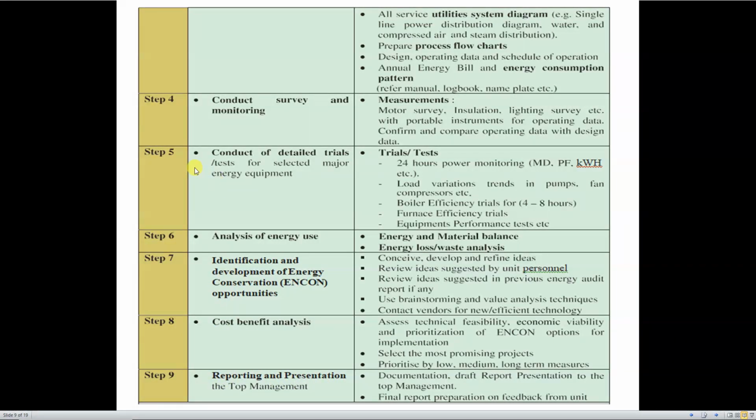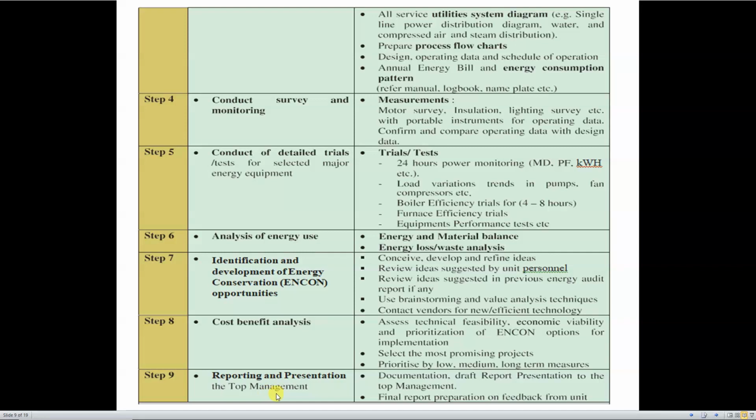Now from step number 1 to step number 8, 90% of the energy audit has been done. You have conducted different surveys, you have conducted trials, you have analyzed the energy consumption, then you have given different energy conservation opportunities, techniques, and an action plan to the company, and also the cost benefit to the company. Now after step number 8, you have to present and report whatever steps you have taken for the energy conservation, or for the audit,